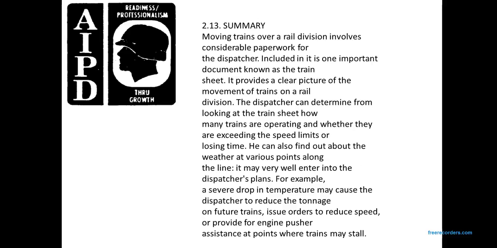2.13. The summary. Moving trains over the railroad division requires considerable paperwork. The dispatcher includes in one of the important documents known as the train sheet. It provides a clear picture of the movement of the trains in the division. By studying the train sheet, the dispatcher determines operating weather, exceeding of speed limits, and lost time. You can also find out about the weather at various points along the line. It may very well enter the dispatcher's plan. For example, a severe drop in temperature may cause the dispatcher to reduce the tonnage of future trains, or order engine pusher assistance at points where the trains